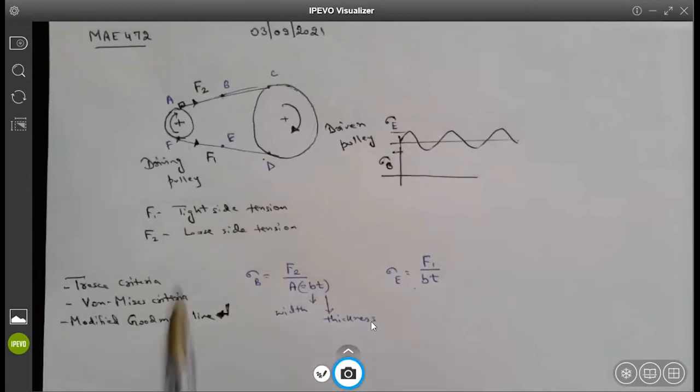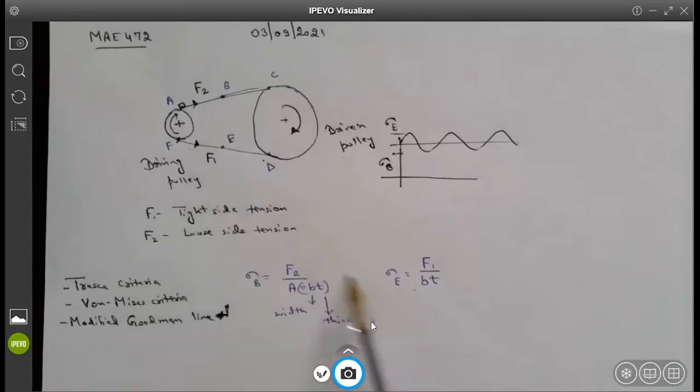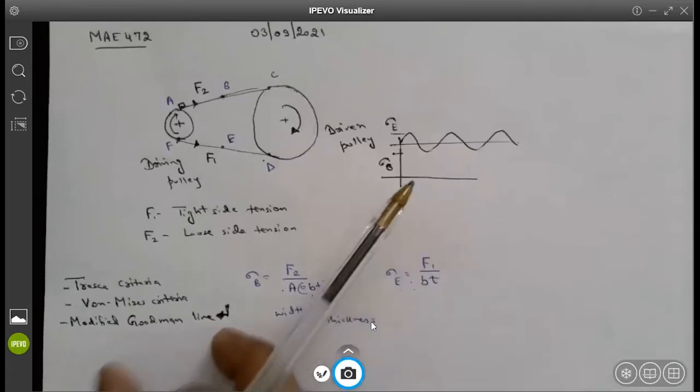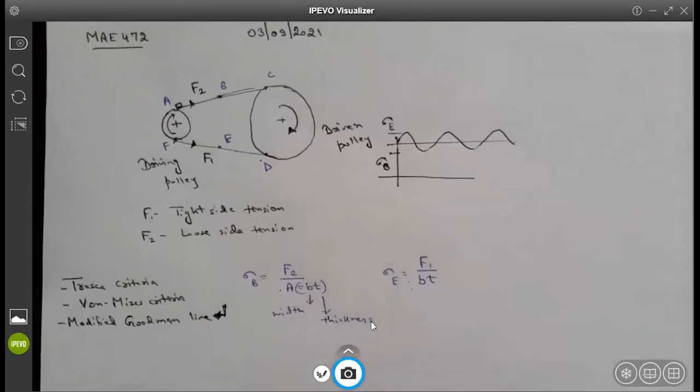And the reason being the material is subjected to stresses which are not constant but changing from maximum to minimum. So that is why we have to select the appropriate failure theory corresponding to the design for fatigue failure. So we're focusing our attention mostly on the modified Goodman line, if we have to implement that failure theory, or we are considering the failure of the belt cross section. That is the reason I wanted you to spend some more time on this specific slide.